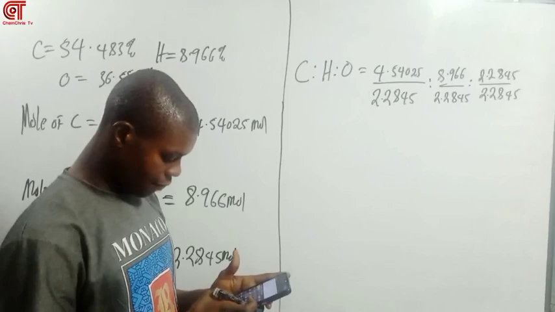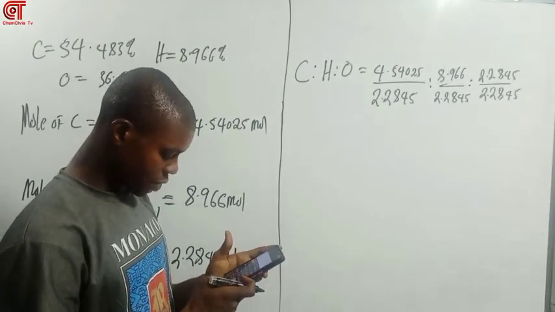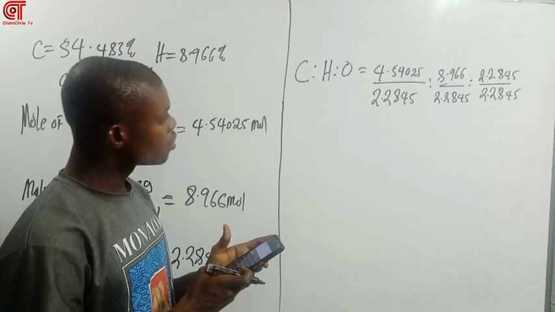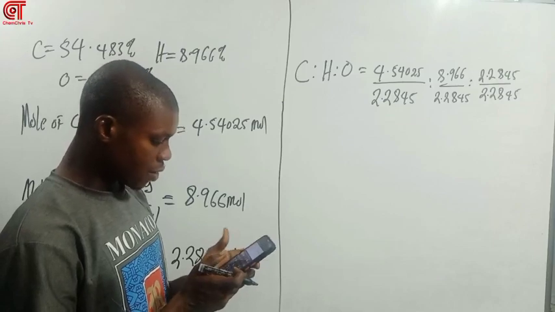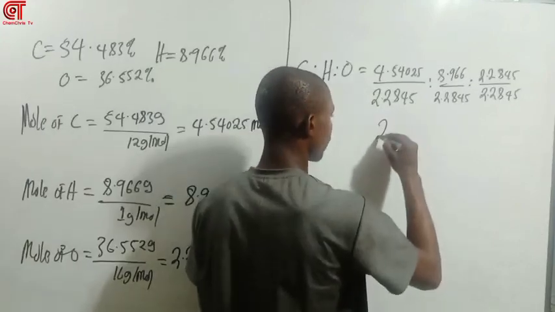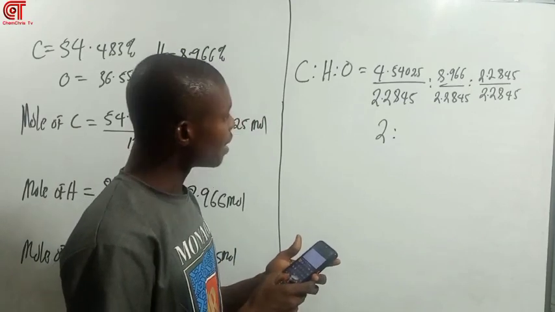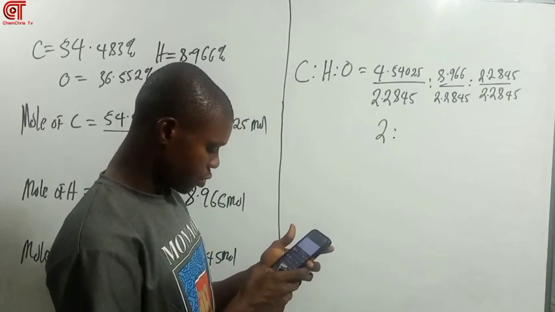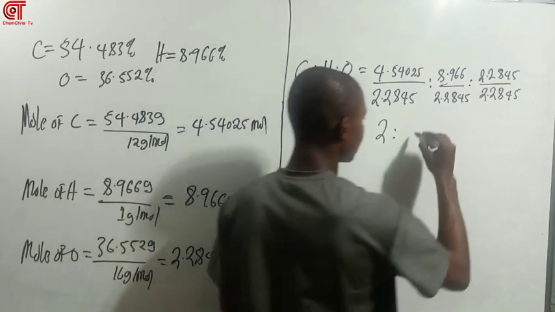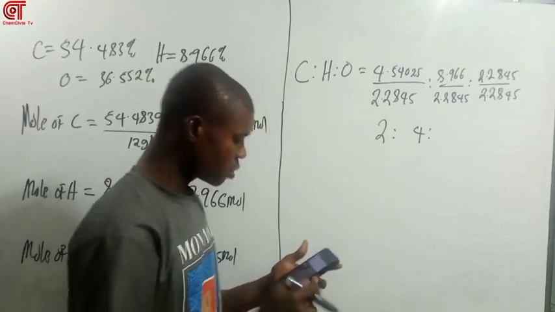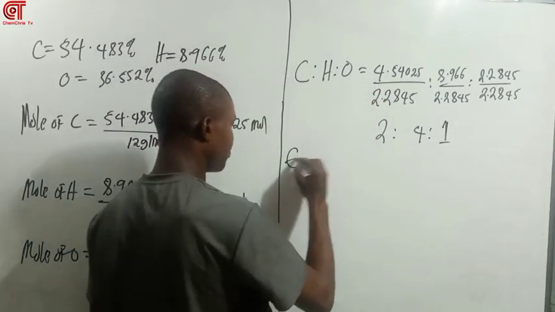So let's say I want the answer: 4.54025 divided by 2.2845. This is going to give me 2 ratio. Look at this one here. Here we have 8.966 divided by 2.2845. You're going to get 4 ratio 1. You get. So my empirical formula here,